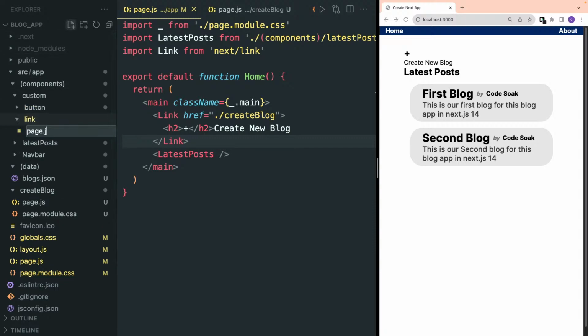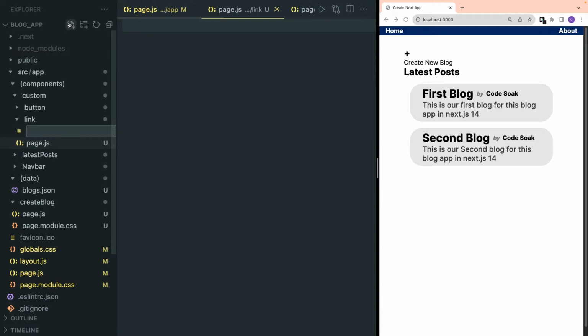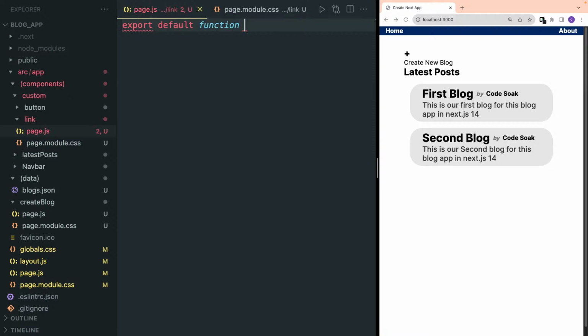I will create a page.js file and a page.module.css file. So page.js, export default function. Inside this there can be a link, custom. Okay,